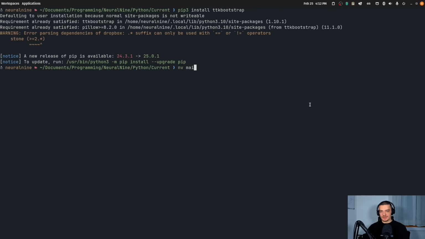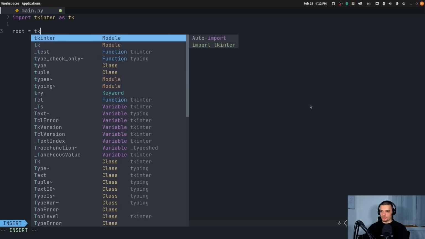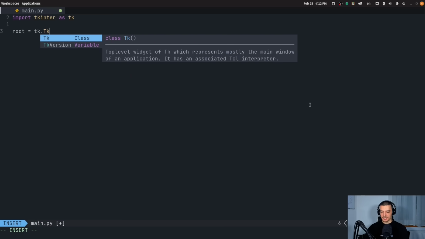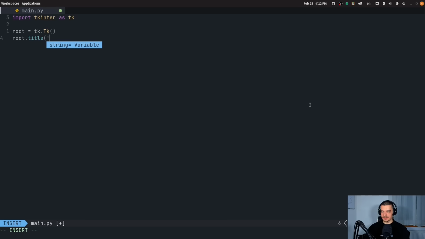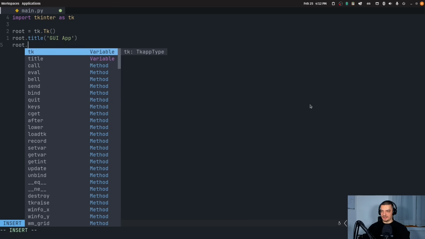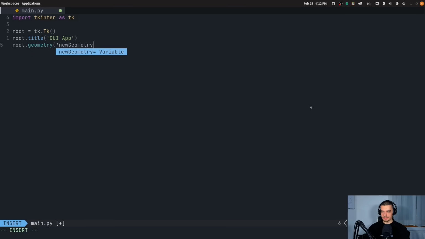And I want to start with a simple main.py file where we're going to implement a very simple tkinter application. So I'm going to start by saying import tkinter as tk. And then I'm going to define the root window, which is going to be tk.Tk(). Then I want to set a title. root.title is going to be GUI app or something like this. Then I want to set the dimensions. So geometry is going to be equal to, let's say,